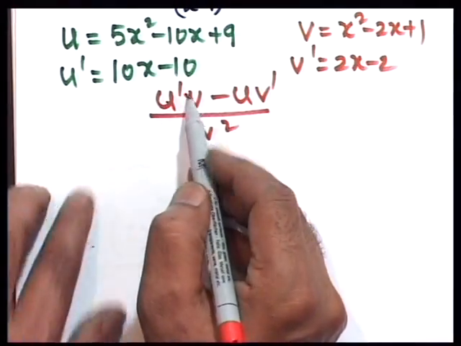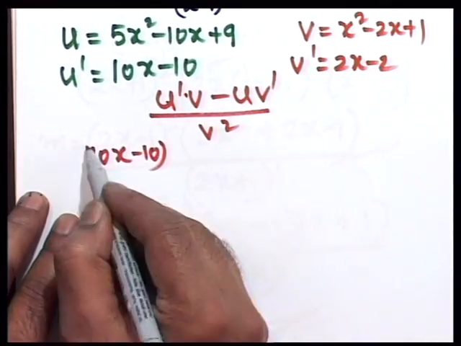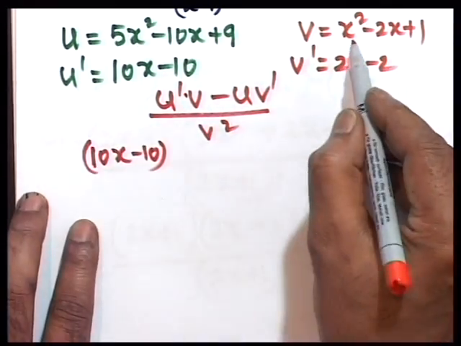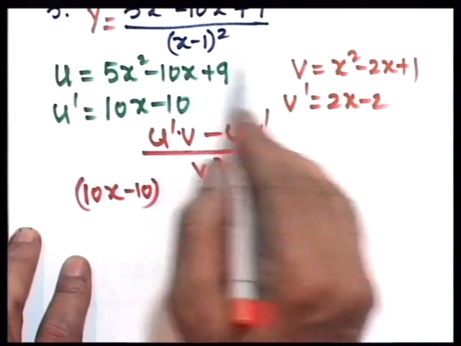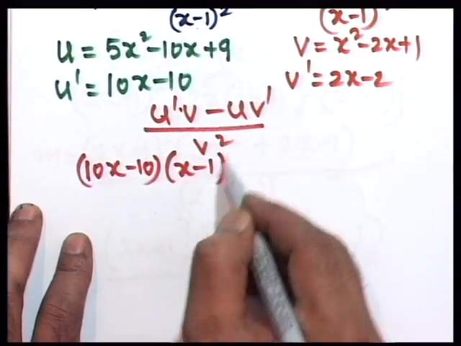u dash v, u dash is 10x minus 10 inside the bracket. v is x minus 1 whole squared. That's actually x minus 1 whole squared. So let's write x minus 1 whole squared